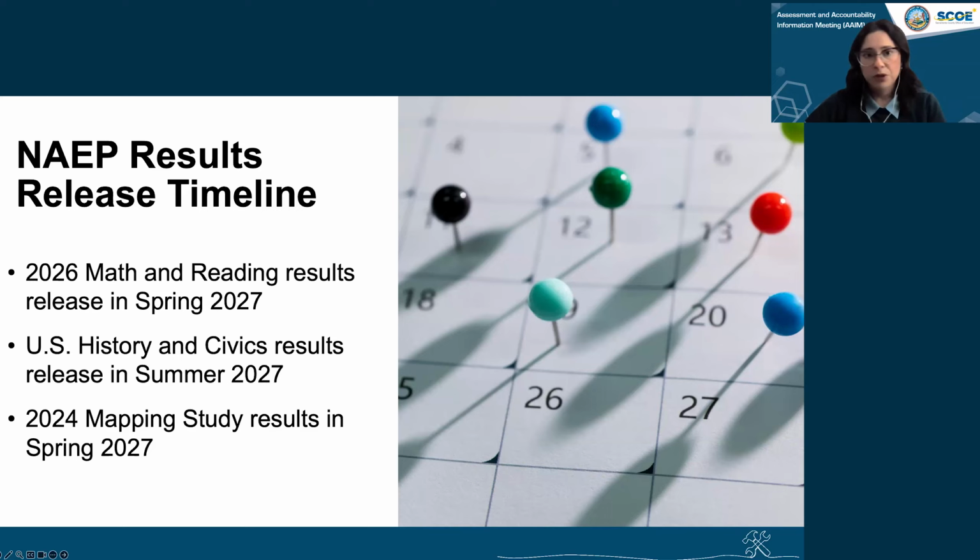There will be no results reported for the 2027 administration that's taking place this year because this year is a pilot year in order for us to prepare for the operational science assessment that will take place in 2028. And reporting tools will be found on the Nation's Report Card website, so if you would like to explore more reporting tools, you can also look there.